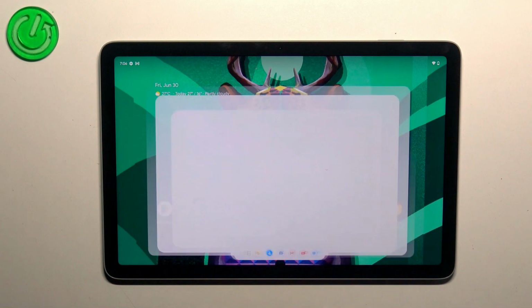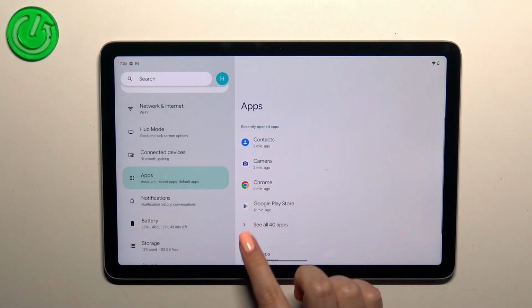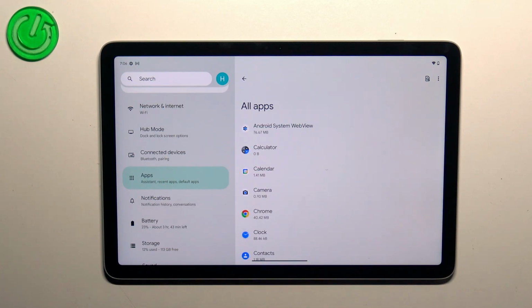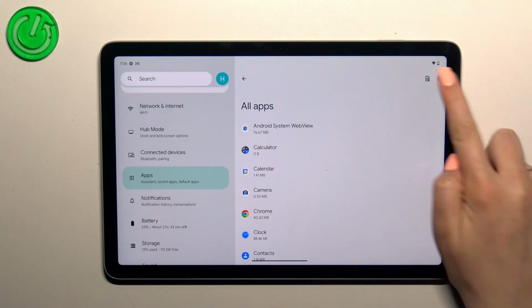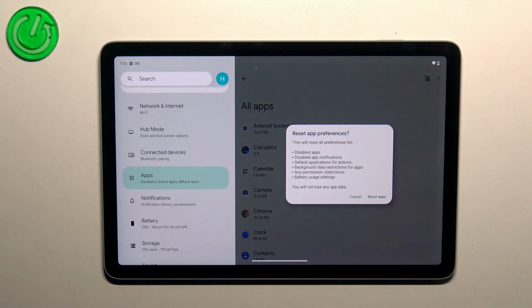So first of all, we have to enter the settings, and in this left section simply tap on Apps. Now let's tap on See all 40 apps, of course 40 in my case, and then the three dots icon in the right upper corner. Now let's tap on Reset app preferences, and as you can see, your device will inform